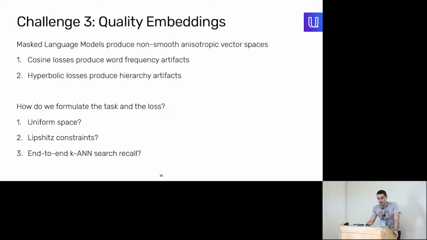And there are a couple of artifacts that are further studied in some of the even earlier papers. Some of them go as far back as 2013, 2014, right after the original Word2Vec paper. So some of them would say that if you use a cosine similarity metric, you would produce artifacts related to the word frequency. So essentially, you have the origin of your vector space, and the words that are less frequent will be further from the center of your origin. Essentially, the amplitude will be proportional to the inverted frequency of the word.